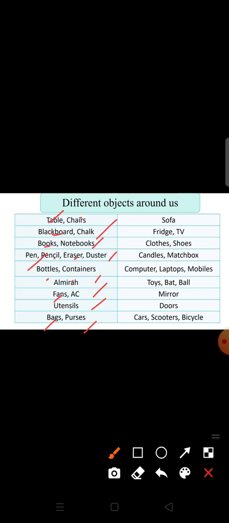Similarly, sofa, fridge, TV, clothes, shoes, candle, matchbox, computers, laptop, mobiles, toys, bat, ball, mirror, doors, cars, scooters, bicycle, all these are objects. So we are surrounded by a variety of objects.